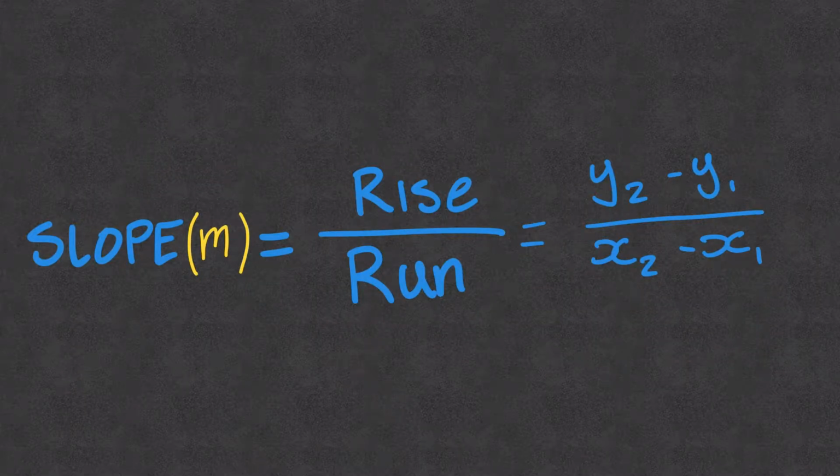Slope or gradient, which we also write as n, is equal to rise over run. This should ring a bell. You would have done it last year. Rise over run. And that formula next to rise over run, y2 take y1 over x2 take x1, seems a bit confusing, but all it really means is